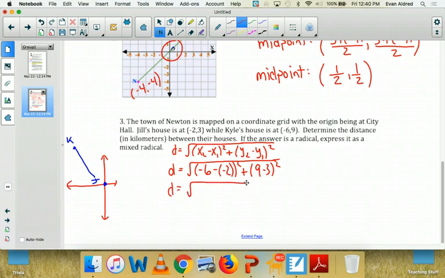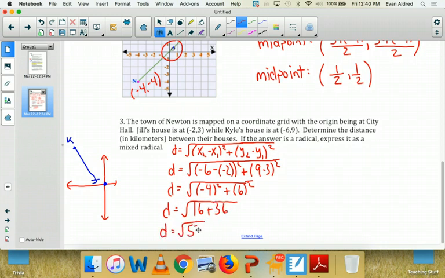Negative 6 minus negative 2 is negative 4. And then 9 minus 3, of course, is 6. So when we plug all this in, we get the square root of 16 plus 36,